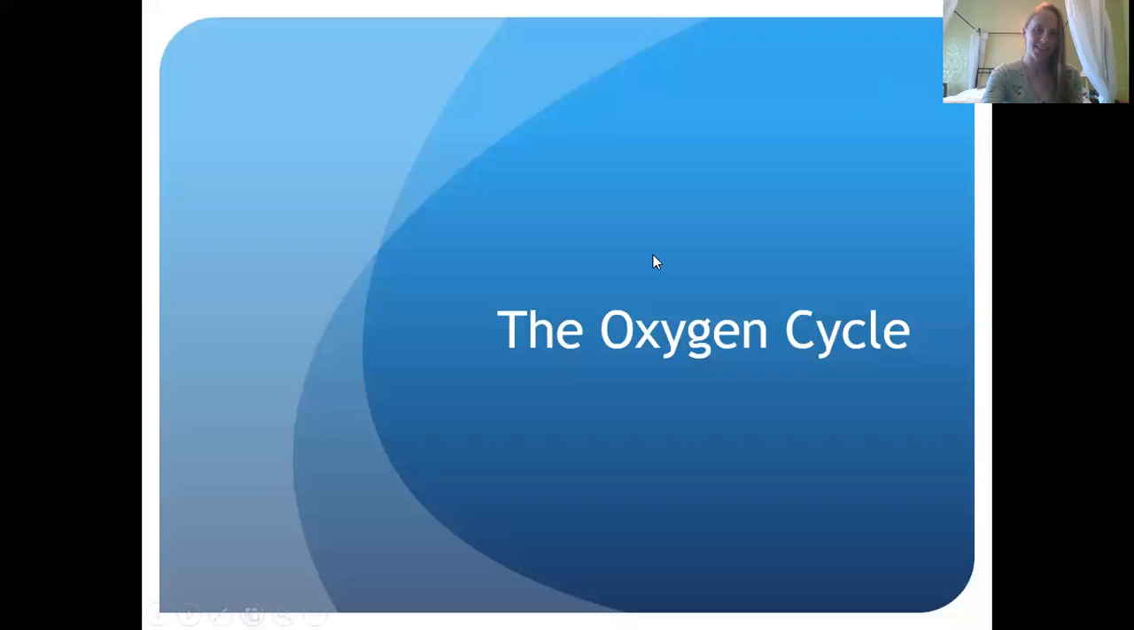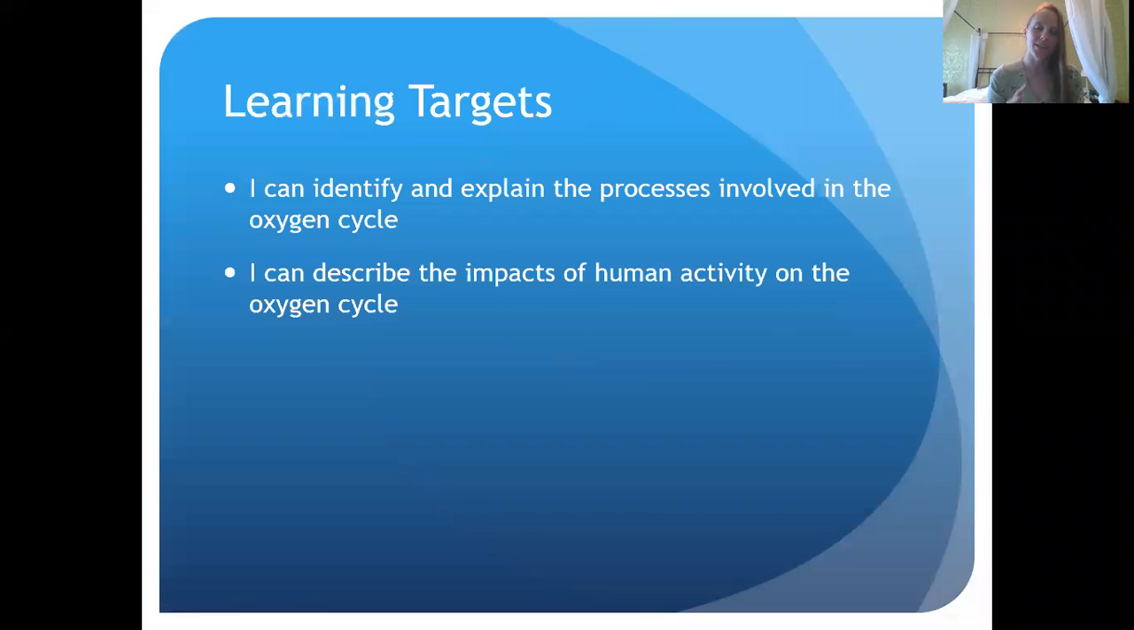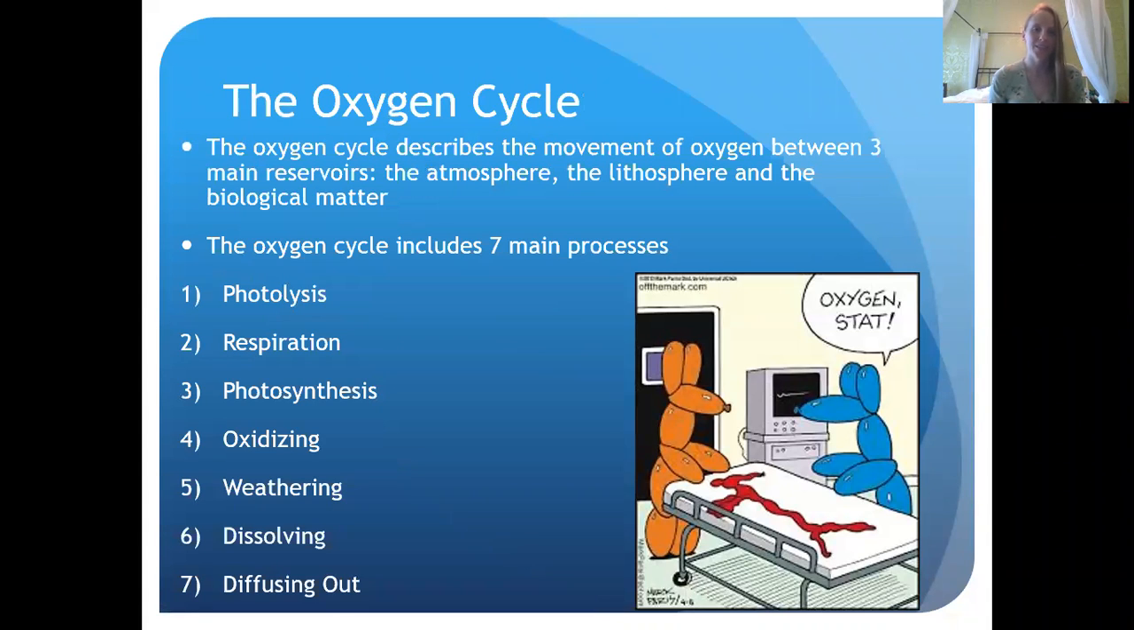So with this oxygen cycle, just like with the previous cycles, you do need to identify all of the different processes, both if you're given a description and if you're given a diagram. And then we're also going to look at some of the human impacts on this cycle. So the oxygen cycle just talks about the movement of oxygen between the reservoirs of the atmosphere, the lithosphere, and living things. There are 7 main processes that we're going to be going over: photolysis, respiration, photosynthesis, oxidizing and weathering,